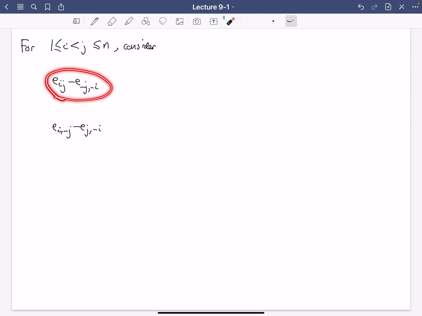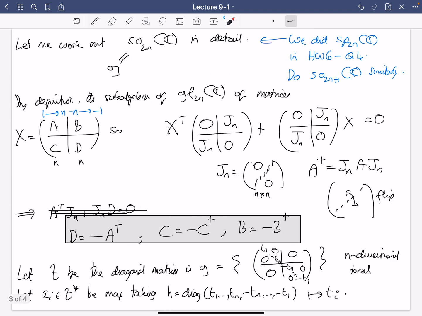So these matrices, if you think about it, I'm using this kind of funky numbering 1 through n, minus n through minus 1 for my matrices. But these basically give you the ij matrix unit up above the diagonal of the matrix A, and then it's minus dagger down in the matrix D. That was my first collection of matrices, and my second collection gives me stuff in this matrix B.